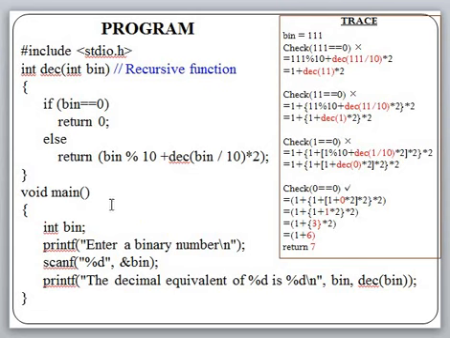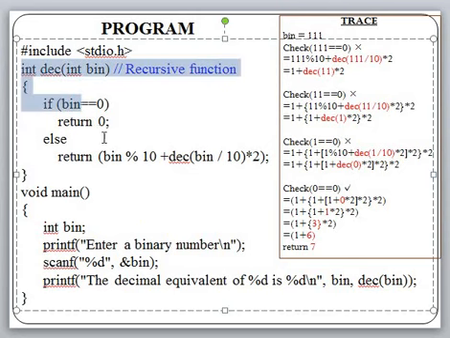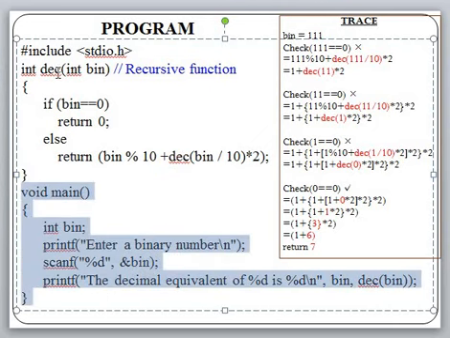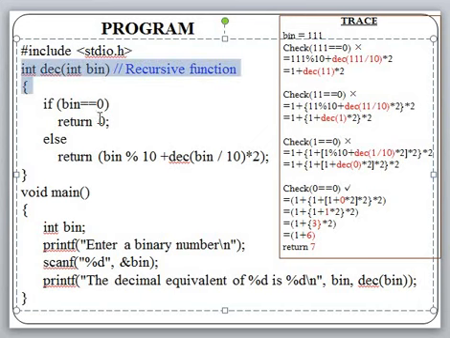Now here in this case, as I mentioned, this is the function call, and here is the function definition. Inside this function DEC, we have a call to itself. That's why this is a recursive function. And remember, here we have function main. After this function definition, whenever function main appears after the function definition, it is not required to declare a function prototype, or a declaration of the function is not required.